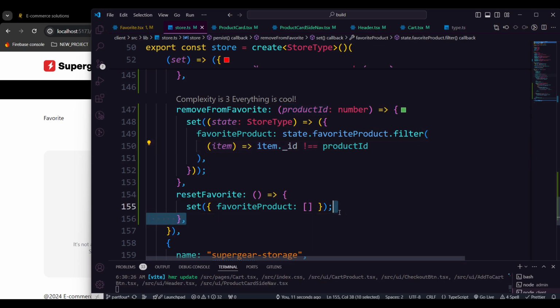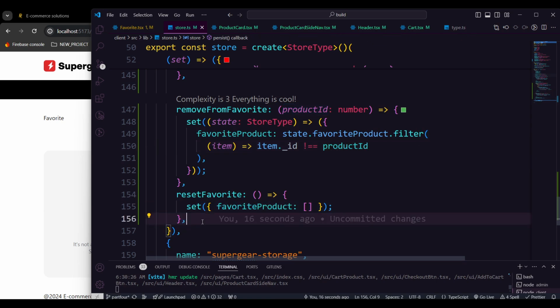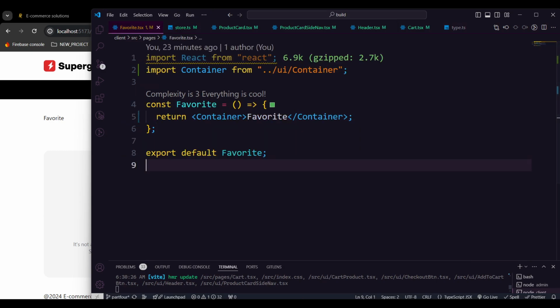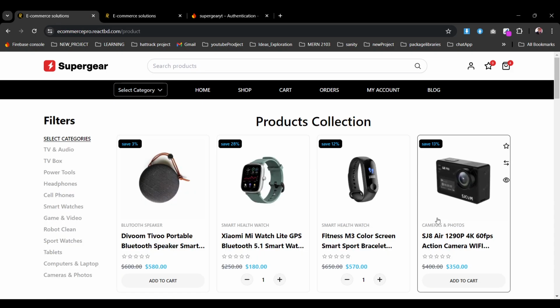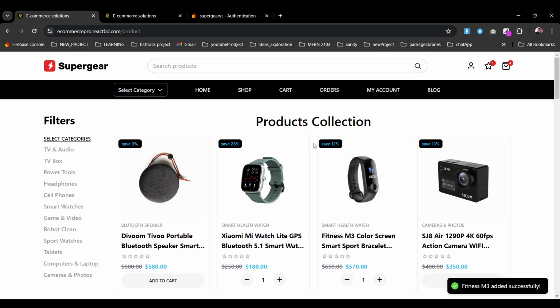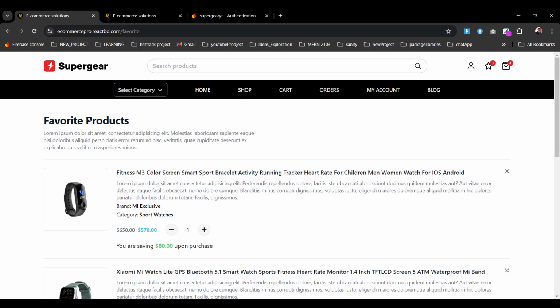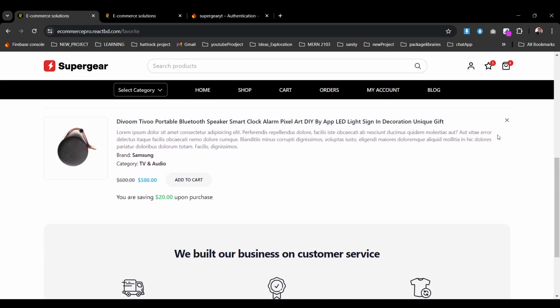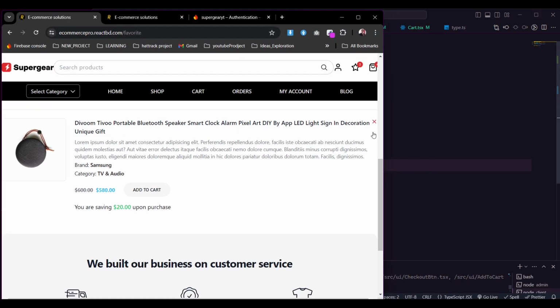And we will also get one button by which we can reset the favorites altogether, which will make that favorite data empty. So let's roll back to our favorite and see how we are going to add this. If we go and see our existing one, it could be like that. You see, adding the favorite products to the description here, then we pass the product functionality, and it will just go and combine with